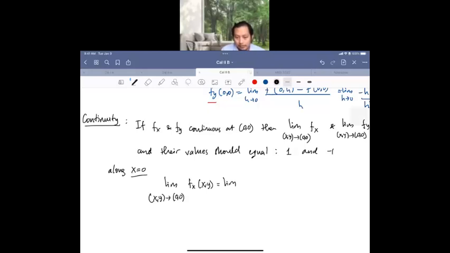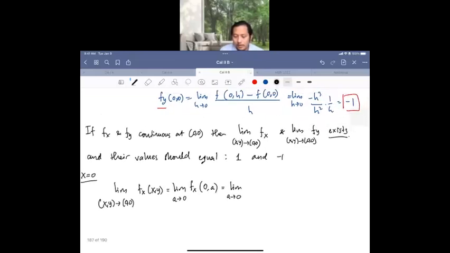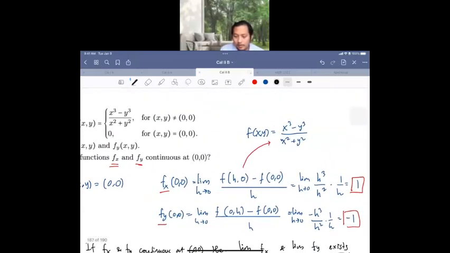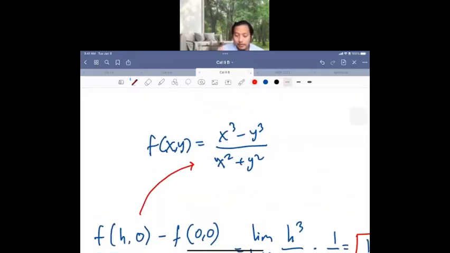So along x equals 0, just to note that this is actually a point on y. So take x equals 0 and the variable becomes y. If we change x into 0, what we have is y cubed, y squared, like that. And if y is getting to 0, then